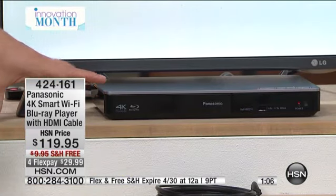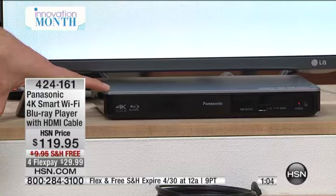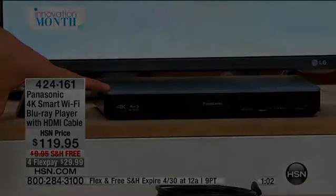But this is one of those smart things. This is one of those things that everybody needs, because how else are you going to play your DVDs? Absolutely. It's kind of like having a computer and not having an optical